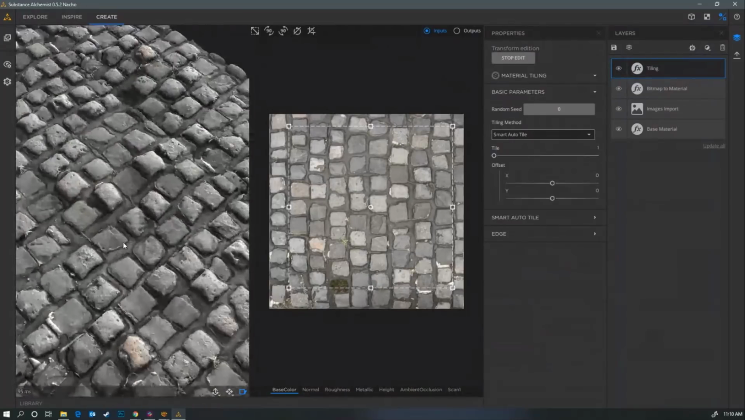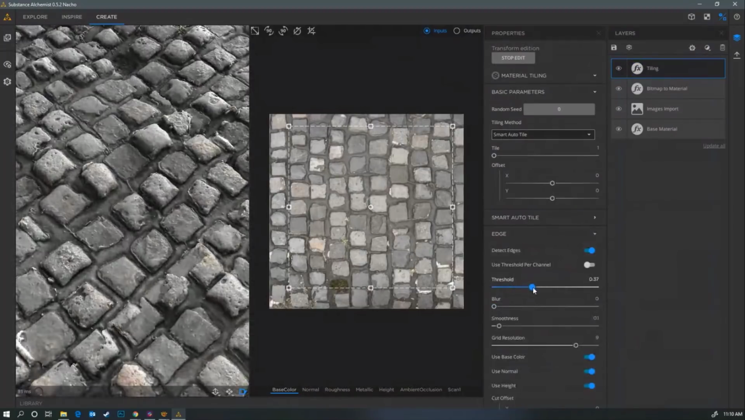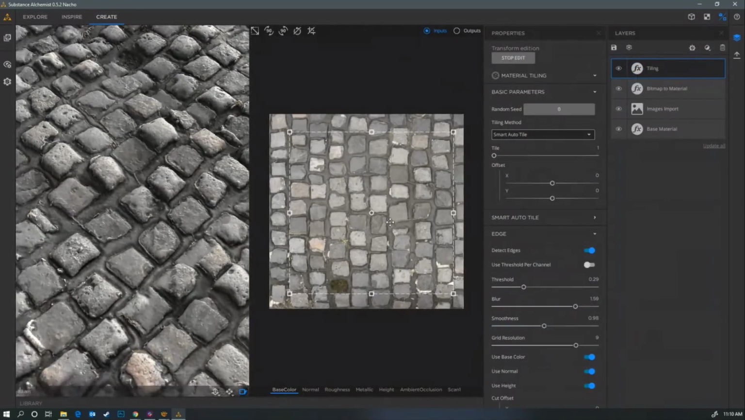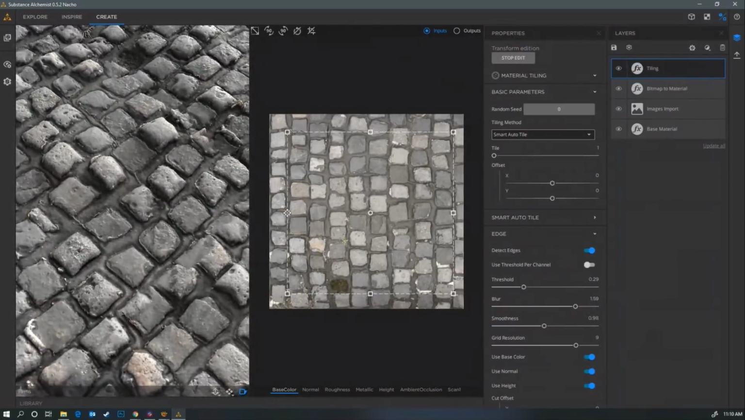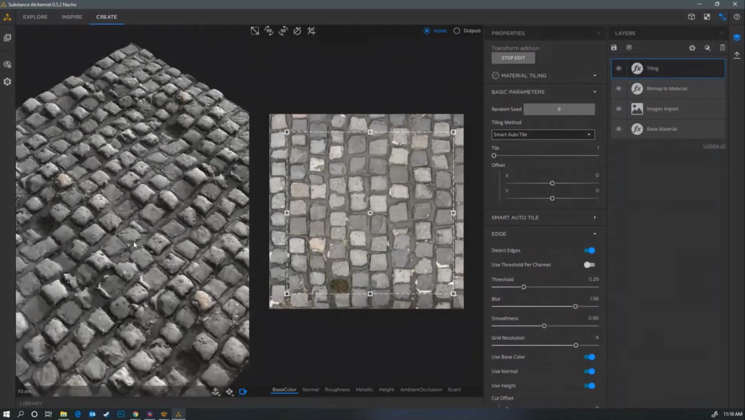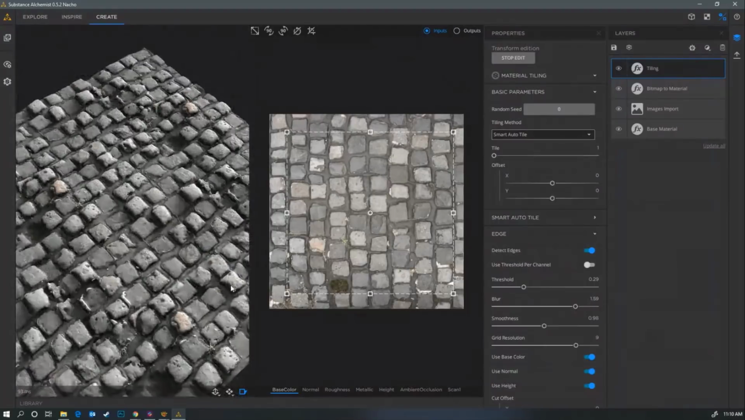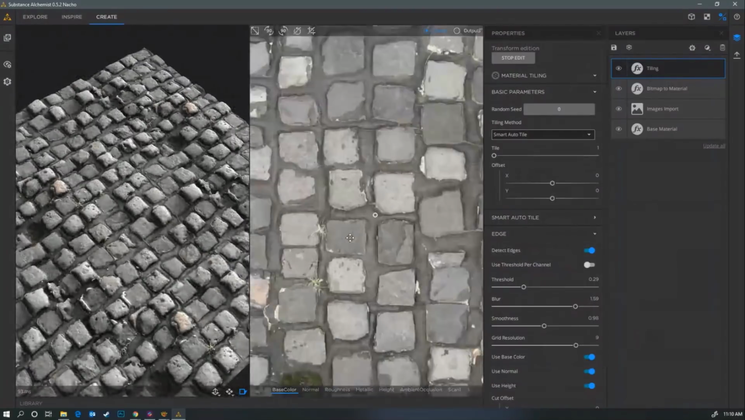So I started adjusting this, so we still have a seam here. I'm just going to go ahead and adjust a little more of the settings I have over here. I'm going to adjust the blurriness, the smoothness, and then I can keep adjusting my different parameters until I get something that I'm satisfied with on the tiling side. So I have something that's pretty much tileable now,